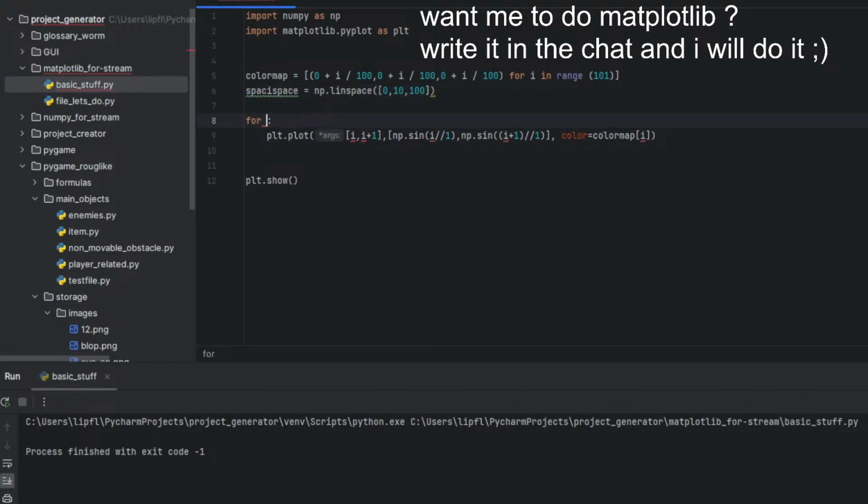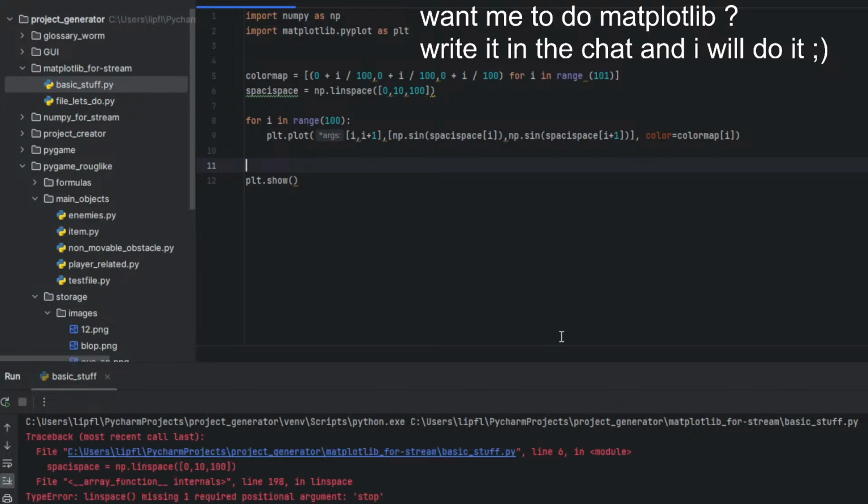So for i in range 100, something like i plus 1 and sin from space index 1 and np.sin from space index 1 plus 1. And yeah, guess there's one bracket too much.